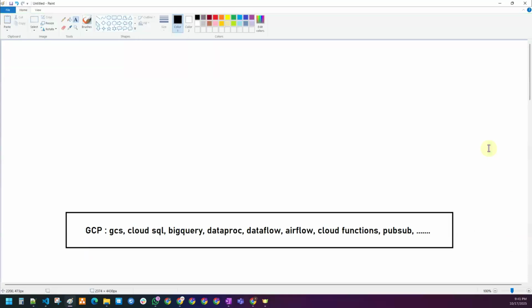Now tell me guys, as a data engineer, why do we have to interact with the Google Cloud Platform? Can anyone tell me? That's there, but why only GCP? I'm not asking why only GCP. Why we have to interact with the Google Cloud Platform is that you as a data engineer